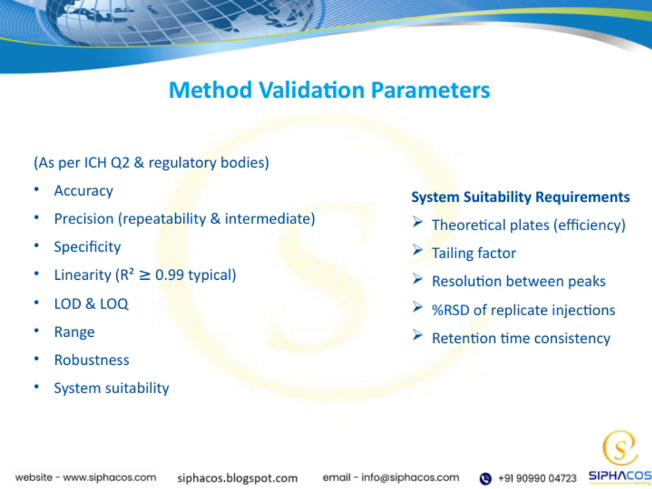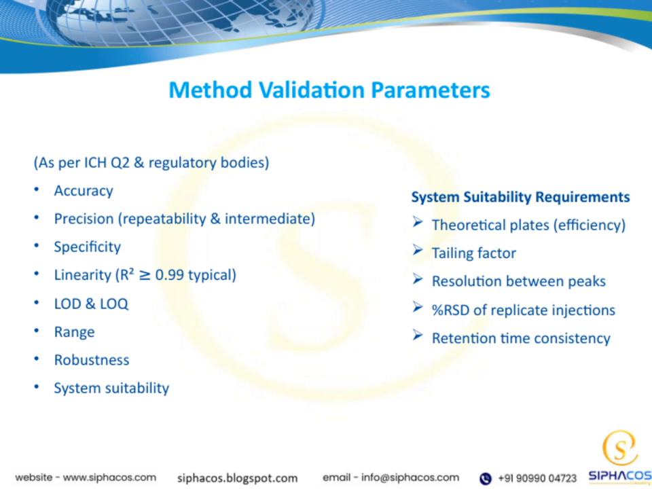Moving on, the broader context is method validation parameters, which are outlined by ICH Q2 and other regulatory bodies. These include accuracy, which confirms we're measuring what we intend to; precision, covering both repeatability and intermediate precision to verify consistency across different conditions. Specificity is about ensuring our method can distinguish our analyte from other components. Linearity, with an R-squared value typically greater than or equal to 0.99, indicates our method provides proportional responses over a range